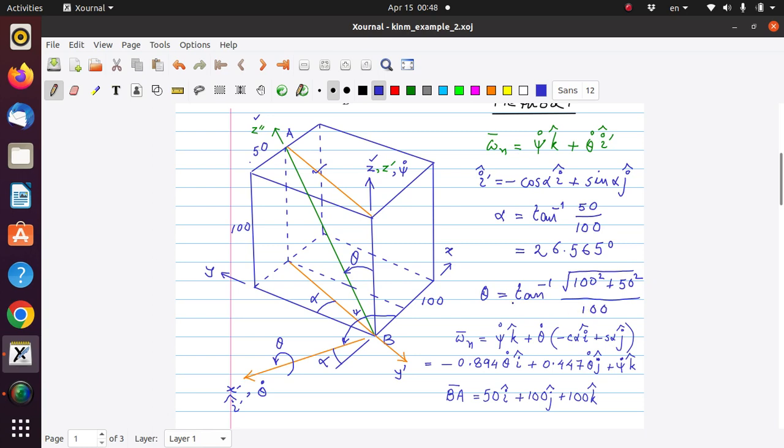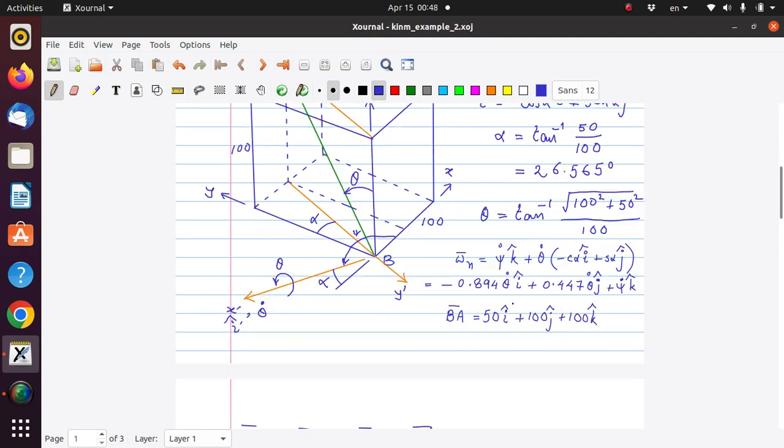So you can also find out what is your theta. So now you know omega n is this,